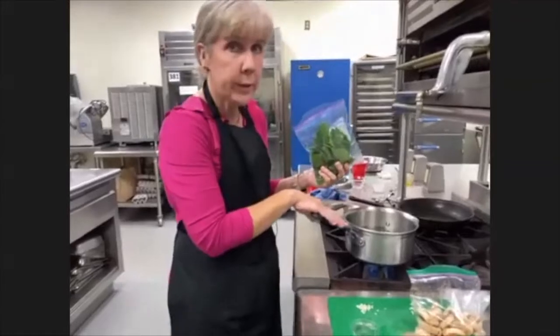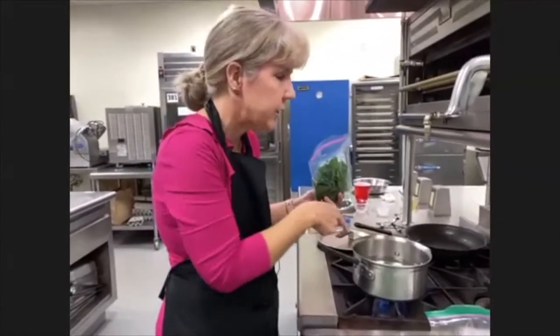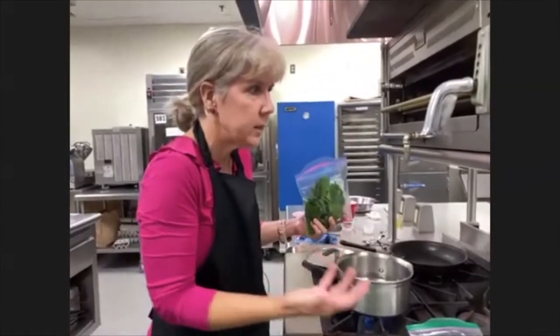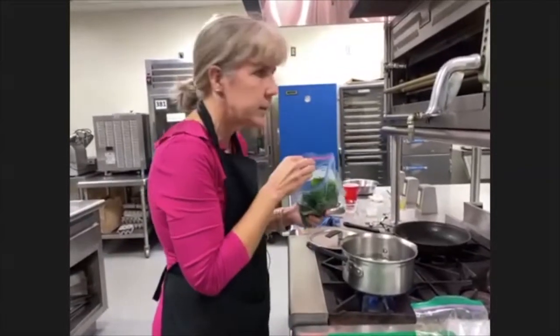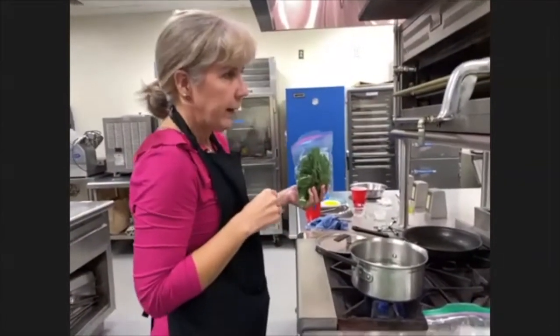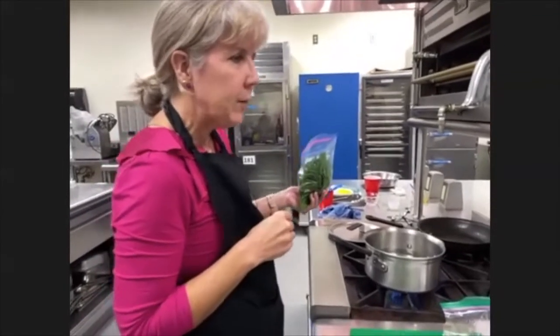Don't dump your water when we finish doing the spinach either. We're going to pull it out so that we can use that water for our noodles. The benefit is that whatever vitamins came out of the spinach can now be associated with your noodles, and it's one less step. So we're waiting for this to boil. As it's waiting, let's think about some other